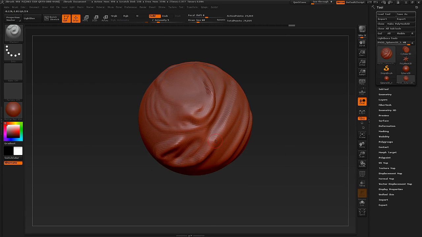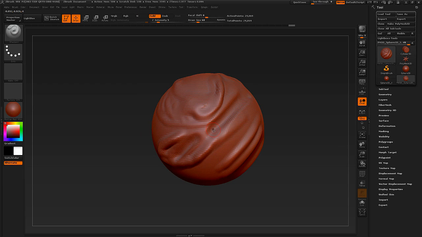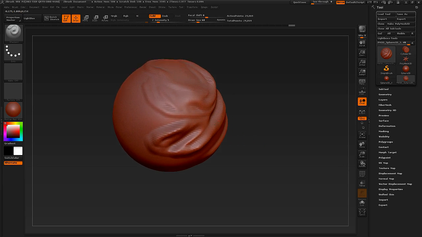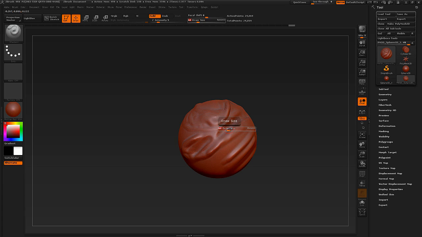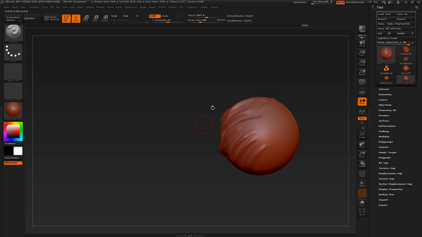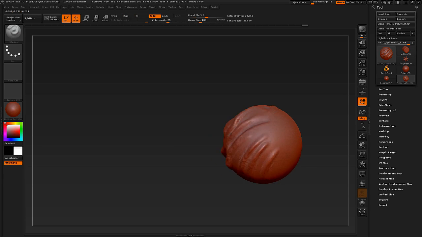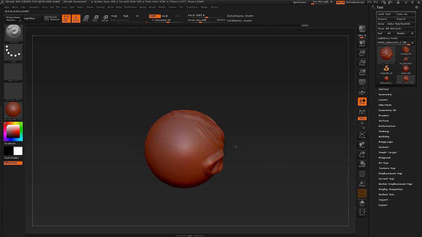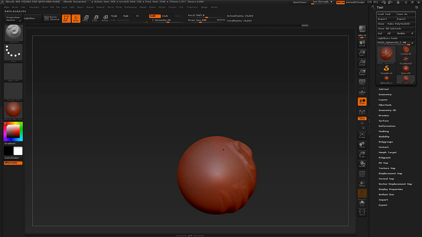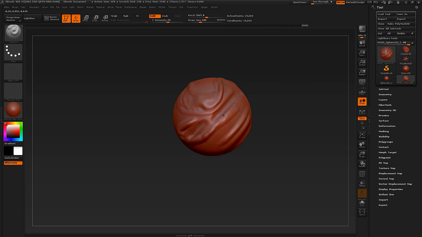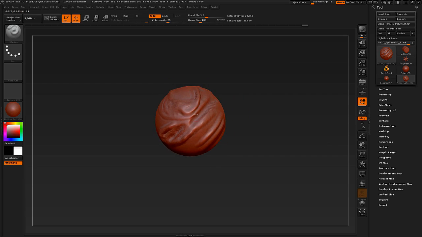Also, if your model is off axis, let's say this is the front view of it, beautiful front, and it starts to get off axis like this, hold down the Shift key, and it will snap to every 90 degrees, which is really nice. You're going to use this very often, so you better just get started or get used